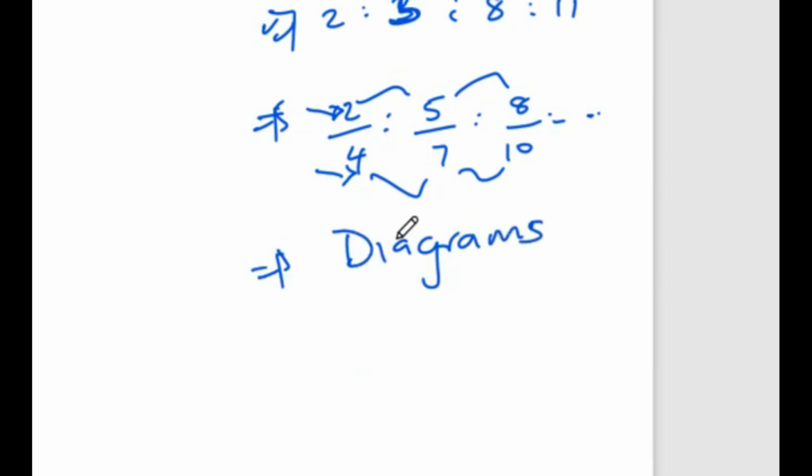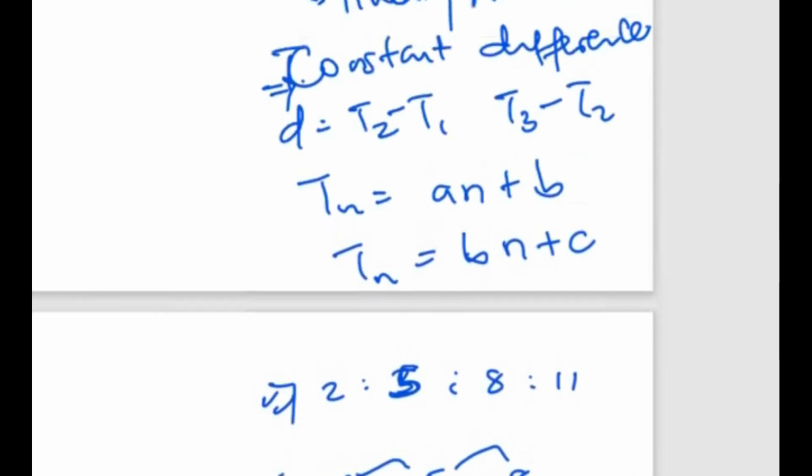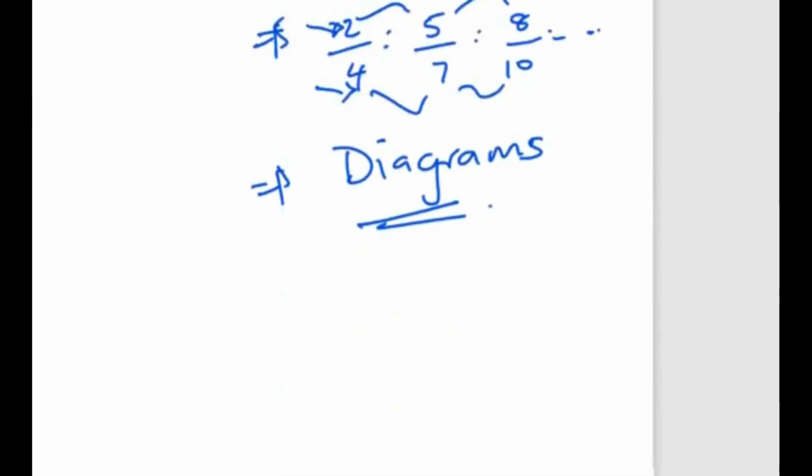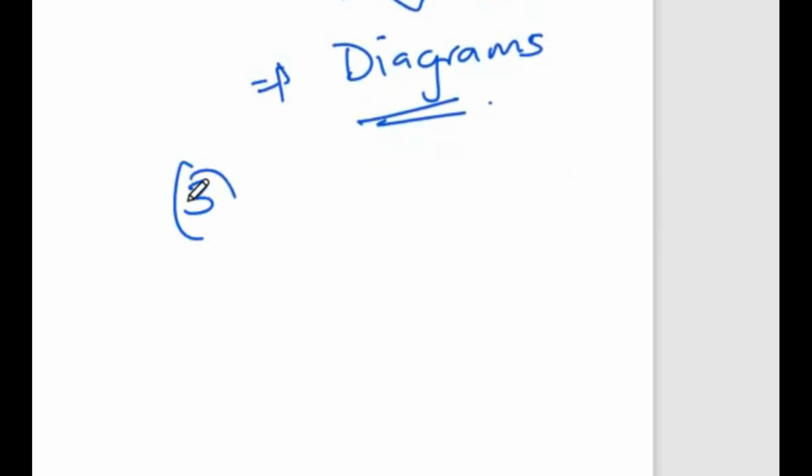Okay? Diagrams that form patterns. We could look at different designs, different blocks, matchsticks being arranged, and things of the sort that still fall under number patterns. So the mark allocation of number patterns for grade 10 is not that much. We normally look at plus minus 15 marks. Okay. Then topic number 3 under paper 1 is what we call the functions.